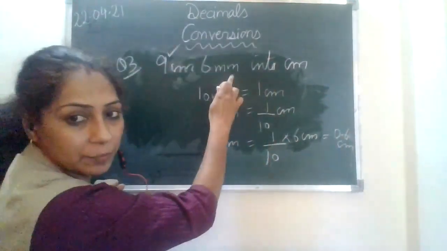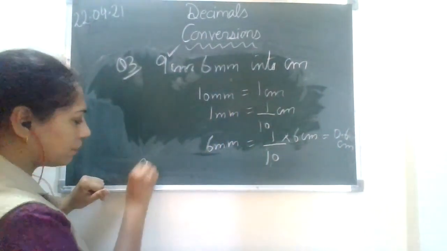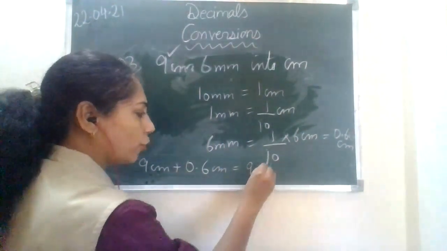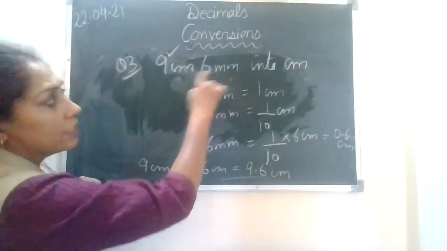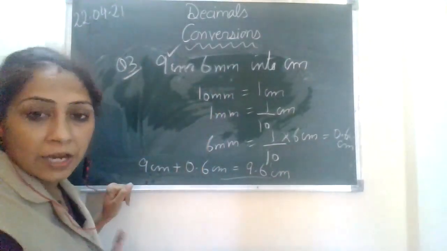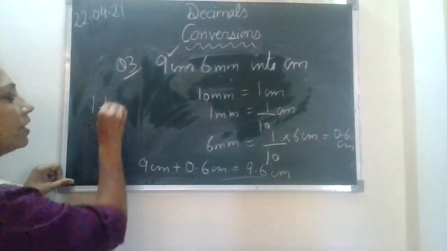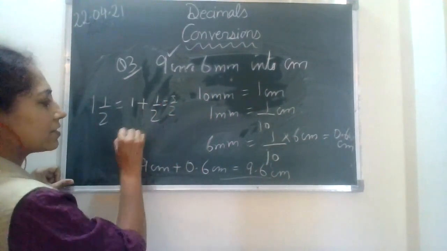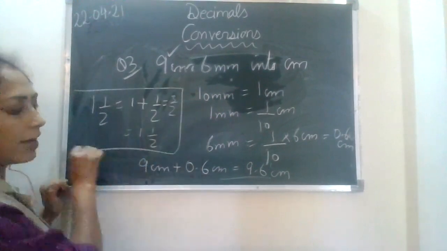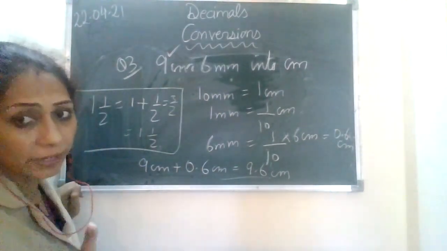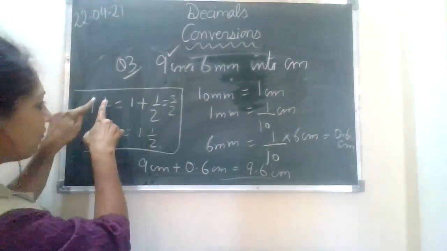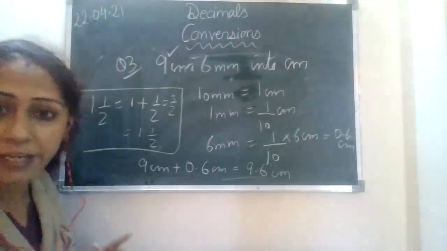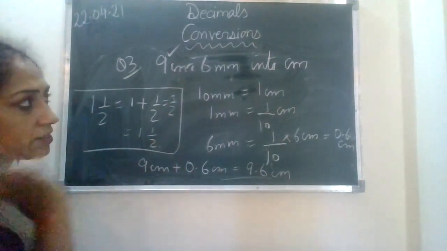So how are you going to do 9 centimeter and 6 millimeter? You are going to add up 9 centimeter plus 0.6 centimeter is equal to 9.6 centimeter, which is the answer. If it is written like this, you can add. For example, 3/2 is the same as 1 plus half; it is 1 1/2 in a mixed fraction. People use this a lot as a shortcut in higher classes. Don't get puzzled. If you have 3/2, you can also split it and write it like this. I am telling you extra things also so that you can take care of them. Now this is the next question.